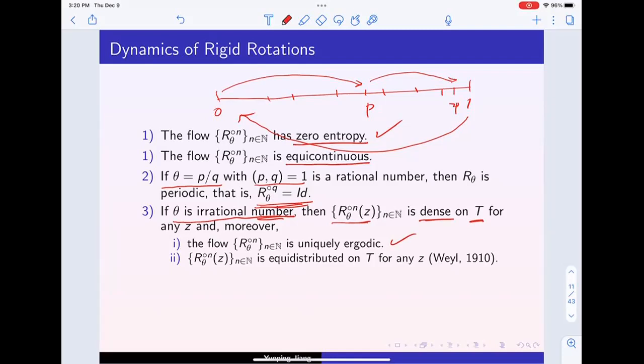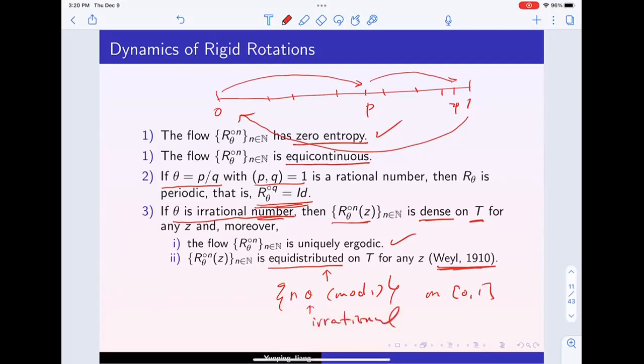The probability Lebesgue measure, or had a higher measure. So that is actually unique ergodic. Another thing is that it is equidistributed. That's from a theorem in number theory in the 1910s. That means n theta mod 1 is actually equidistributed on [0, 1], right? So if theta is irrational,